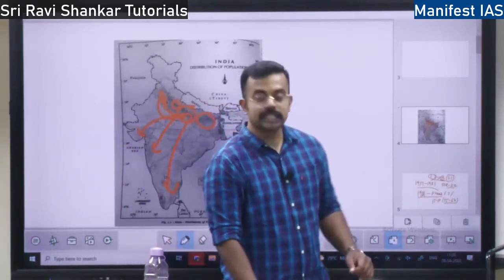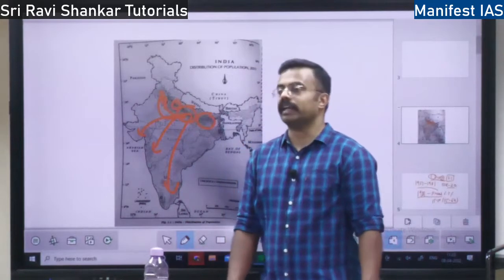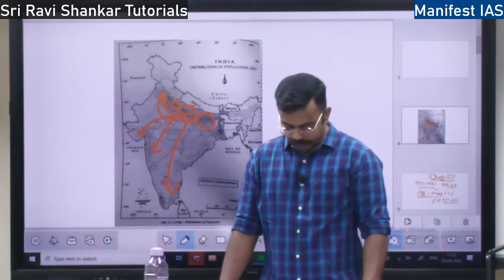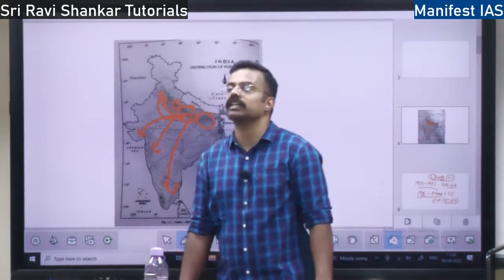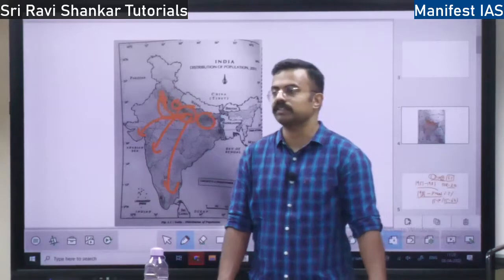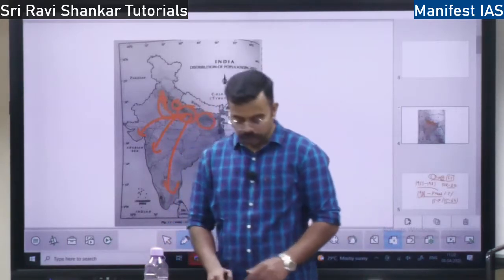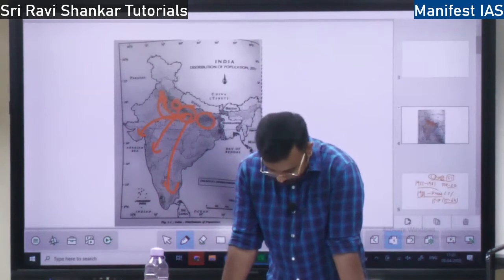Most of the Bangladeshis are illegal migrants. You will find them everywhere in India, illegal migrants, right? So should we support the illegal migrants? No, they have to be sent back, because we ourselves don't have enough resources. We don't have employment, we don't have education facilities. How can we take more migrants, right? If they want, they can come through legal means, not through illegal means.